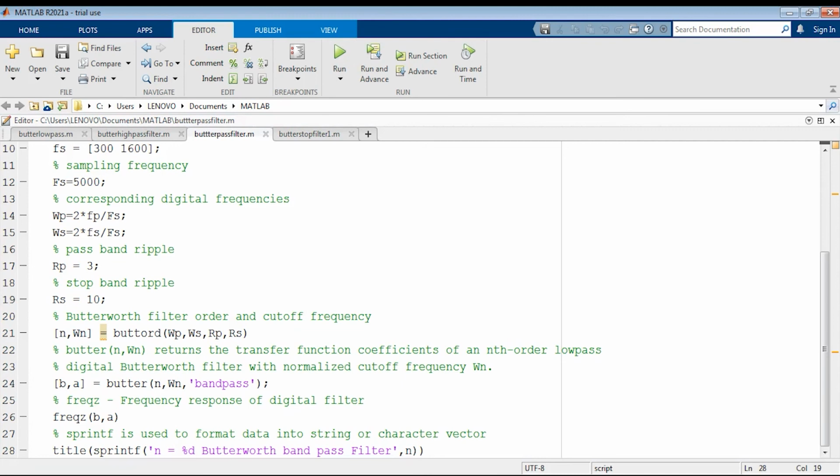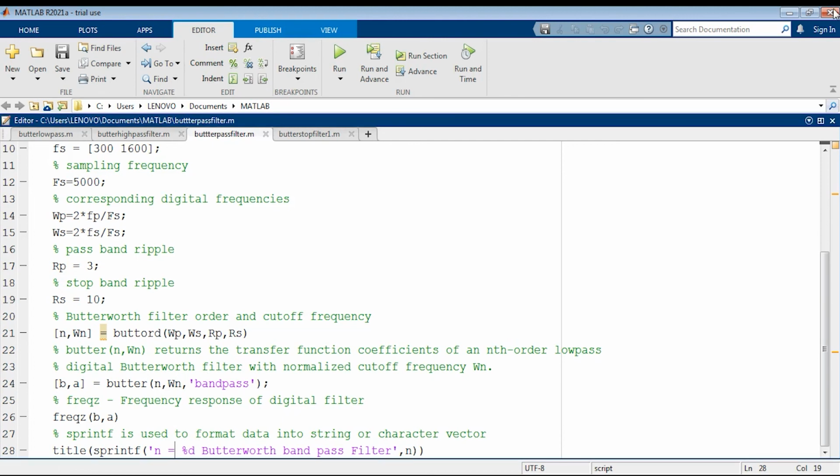See here, through this band of frequencies the signals are passed. Out of this band, below the cutoff frequency and above the cutoff frequency, the signals are attenuated. So this is a Butterworth band pass filter and this is the phase response. The phase response is nonlinear for IIR filters.